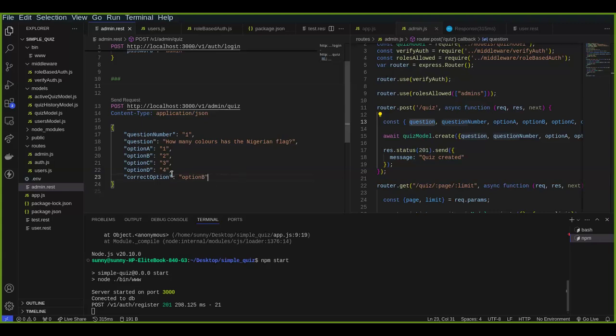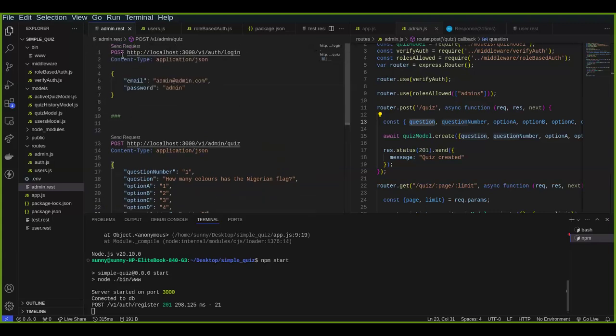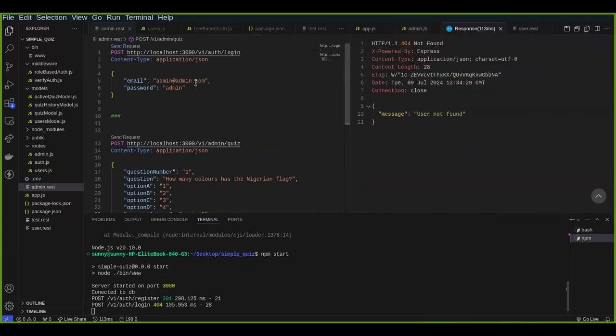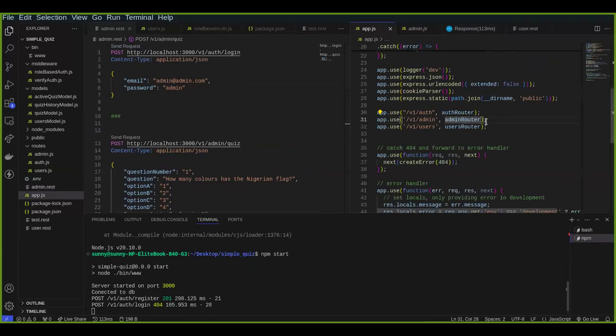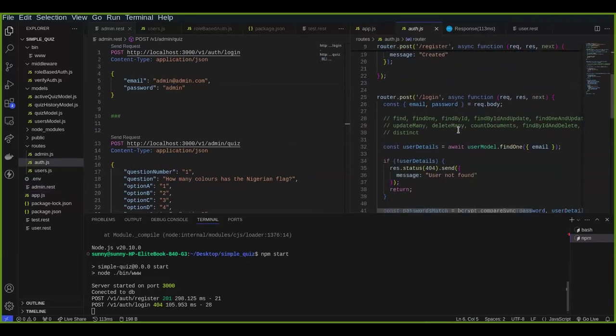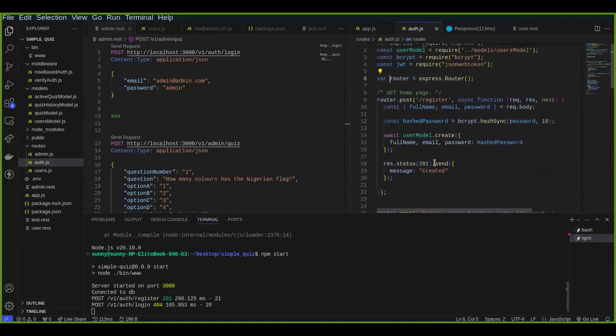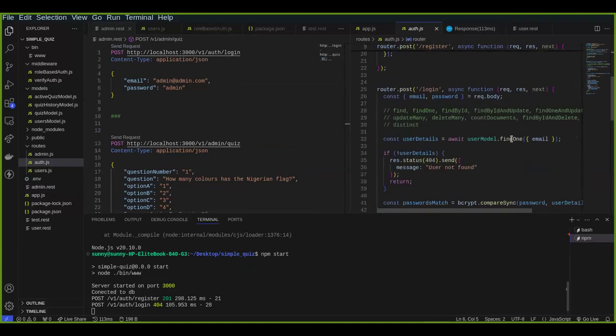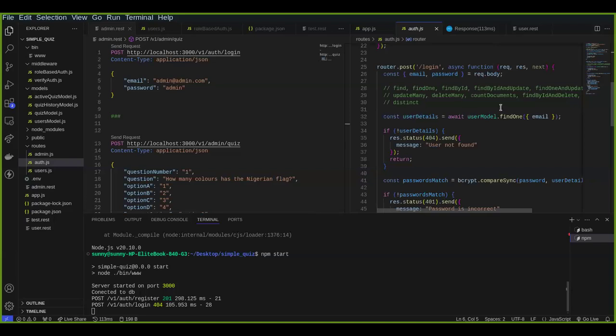Got you. Okay, so first I would have to log in as an admin. What is it saying? Admin at admin.com, password is admin. It's saying user not found. Why is user not found? So let's see why. It's going to the user model and finding where the email is, that email. Await user model, then tell me that it has been created. Okay, so then login, if there is no user detail,